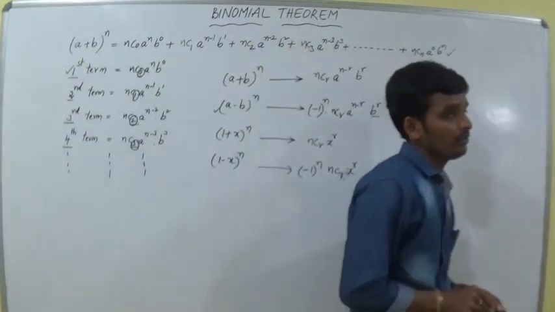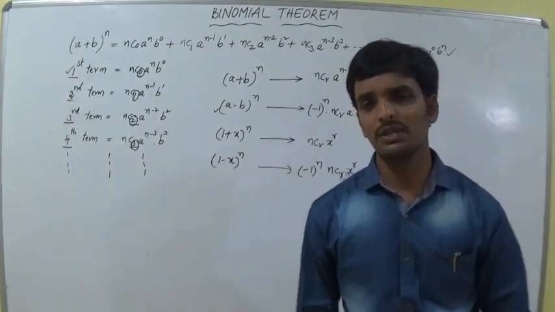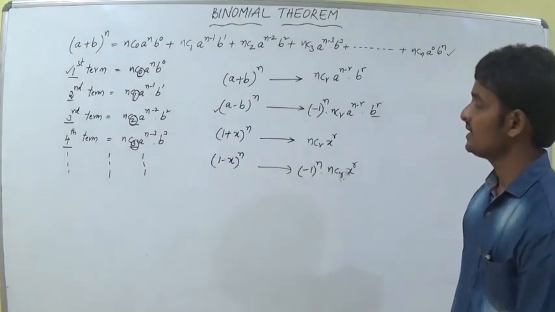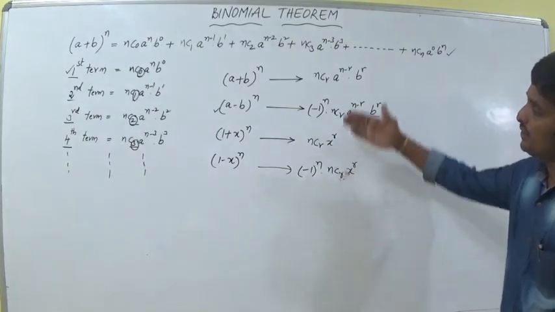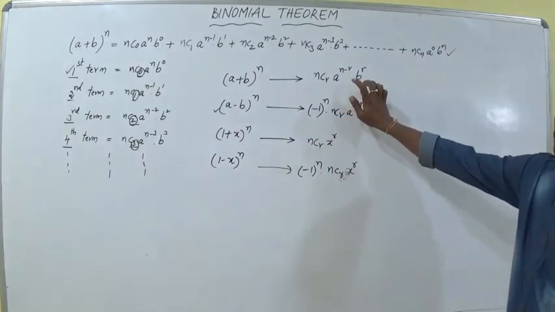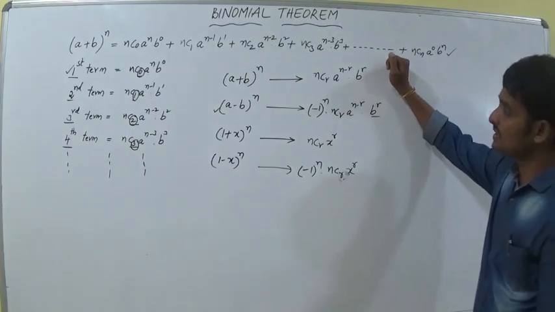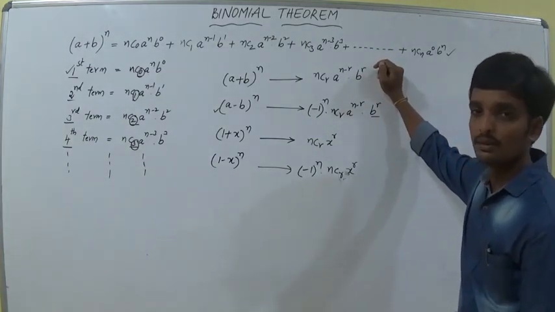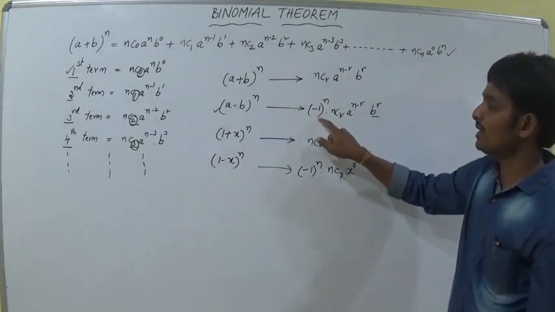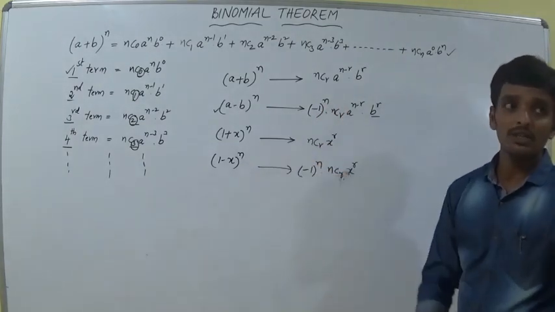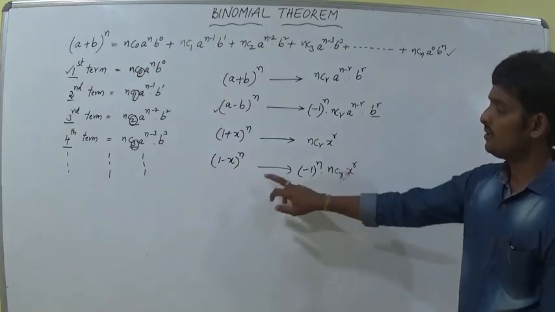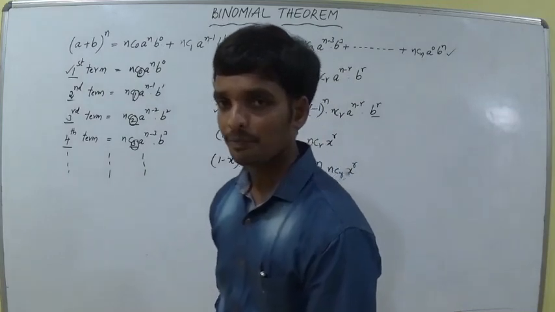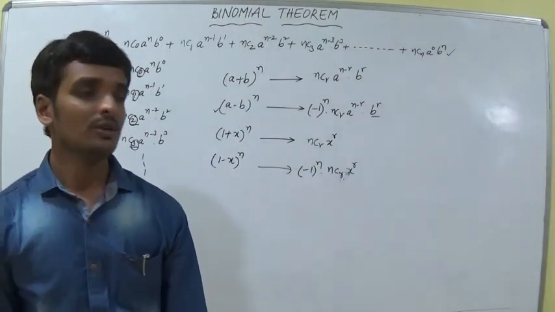Not only these 4, if you want to write some more, you can: x plus y, x plus 2y, y plus 5, like that. So these are the general formulas of these 4 binomial expressions. The first one is only positive, that's why we are writing nCr a to the power of n minus r into b to the power of r. And the next one is a minus b, the sign of b is minus, that's why we are keeping (-1) whole to the power of r. And the next one is (1 plus x) whole power n, like this, (1 minus x) whole power n, like this. Are you okay? Did you understand? So these are the general forms.